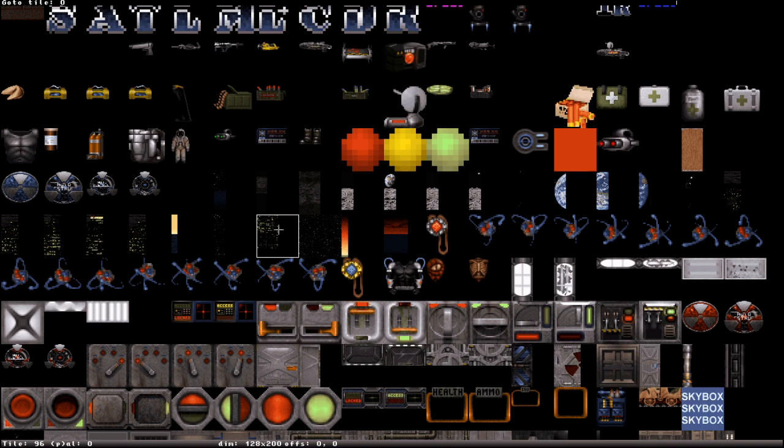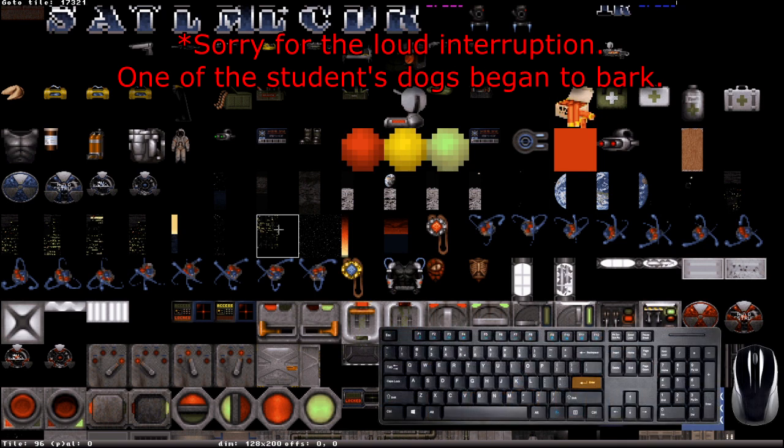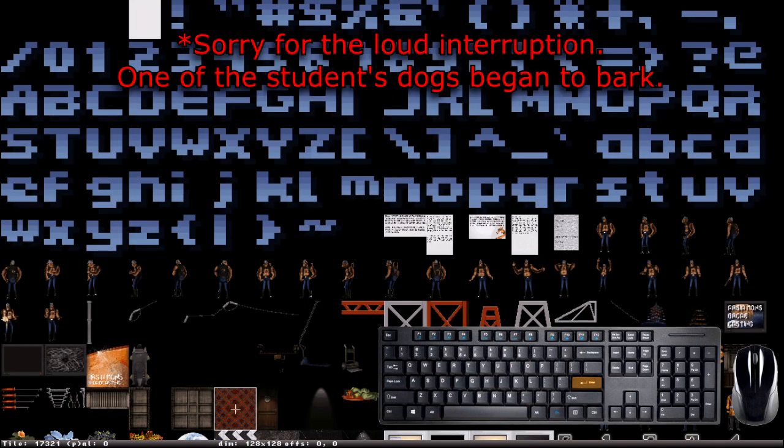Because I already wrote down all the tile numbers, I can type in tile 17321. Oops. If you press regular Enter, you will be taken to that specific tile,